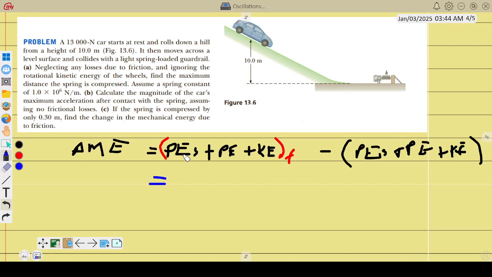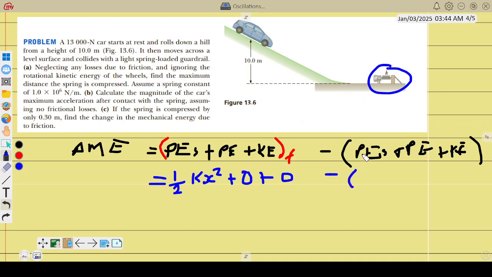So what is the energy in the spring? The energy due to the spring, the elastic potential energy, is half kx squared, plus potential energy. Here we don't have potential energy, there's no height for the car, it was just here. So we can write the 0 without putting mgh, and then the kinetic energy is 0 as well, minus